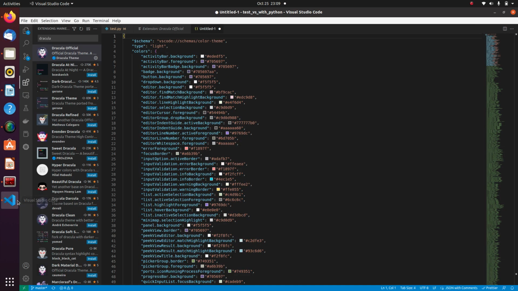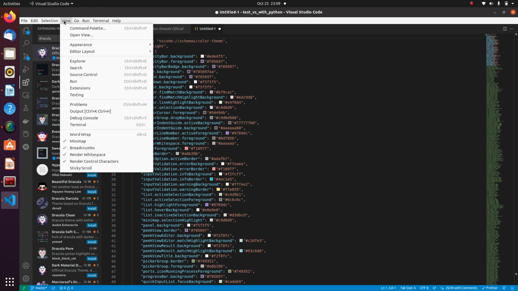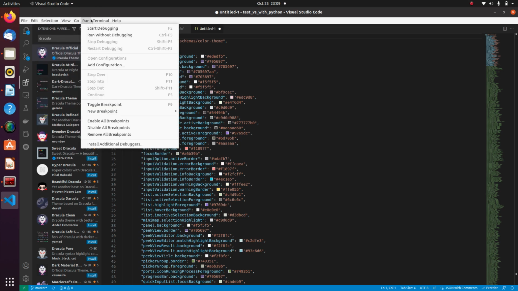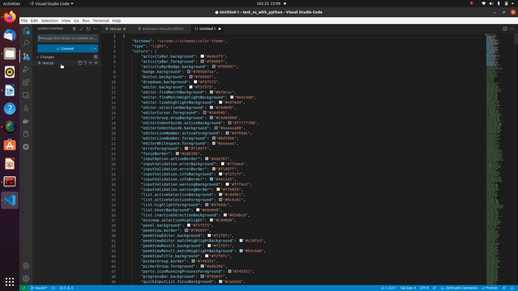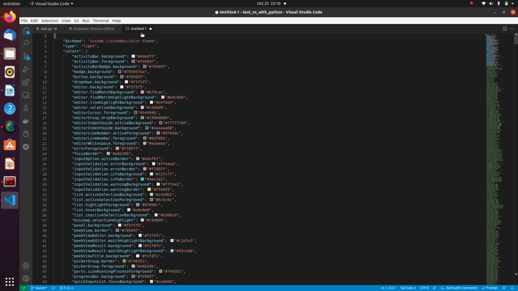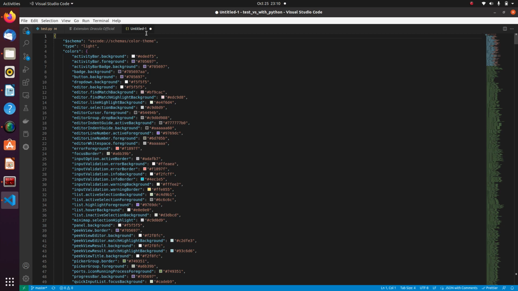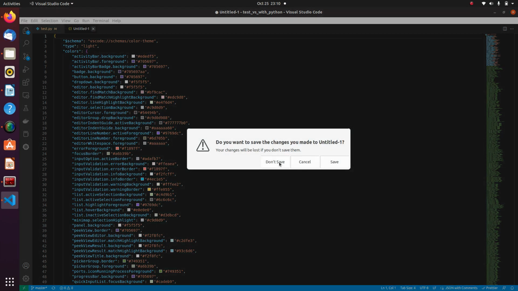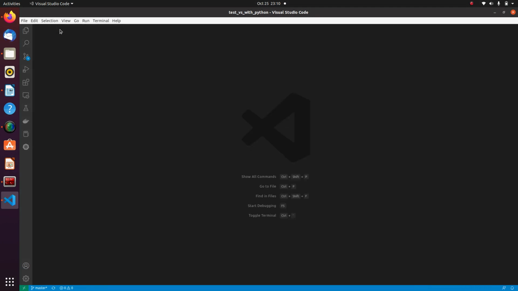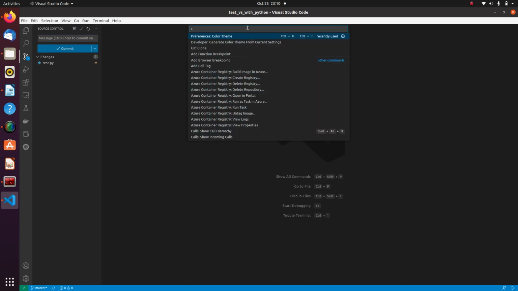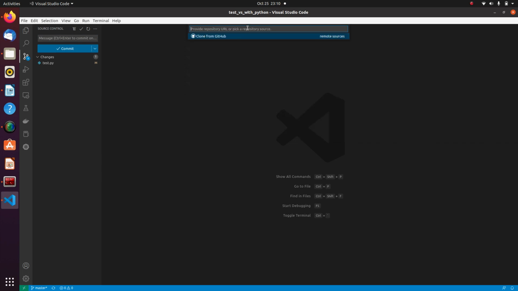Once it is done, you can go to your Visual Studio Code, and from here you can go to source control. Now what we will do is quickly clone a project on our system, and we will see how this git works. So we have installed git on our system. Now we want some project to be maintained by us using Visual Studio. So I will just clone a project,